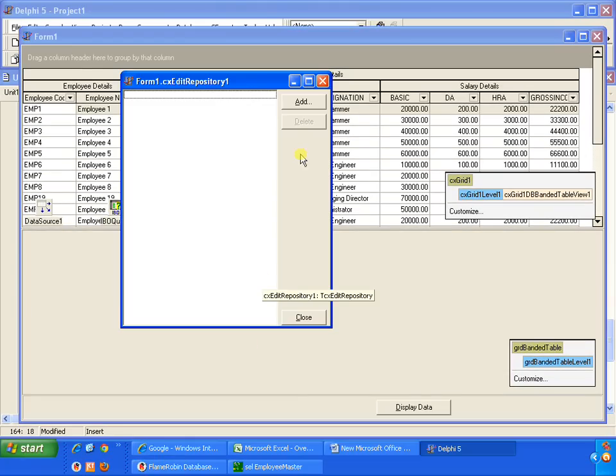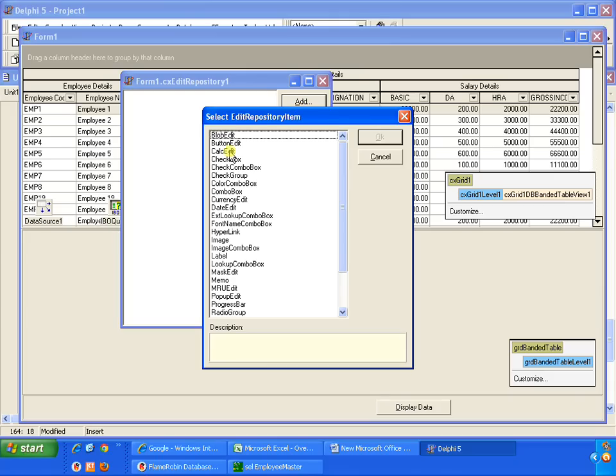double click on that form, say add. As you could see here, different types of components you could create here. As you could see, checkbox, calculator edit, hyperlink, combo box, currency edit. On this we would be taking a separate session, but for the time being right now we would be concentrating on currency edit. What would happen,